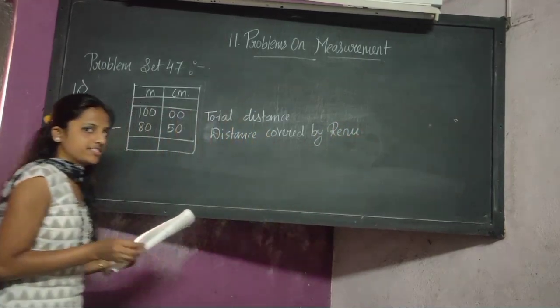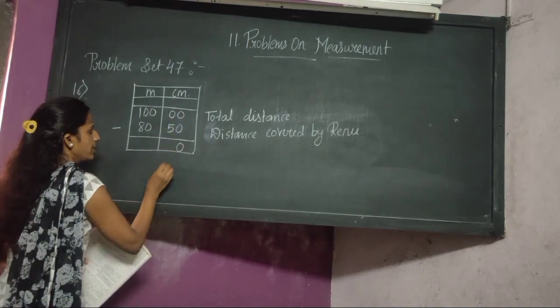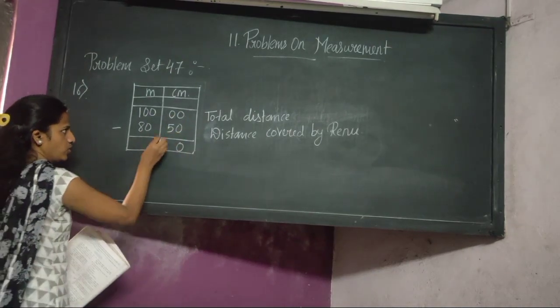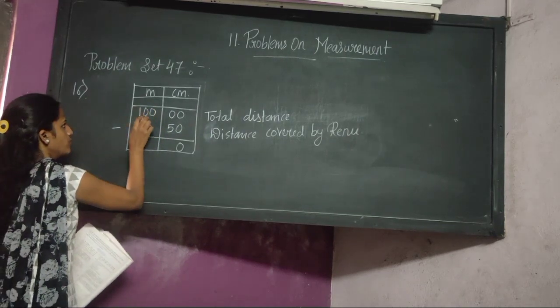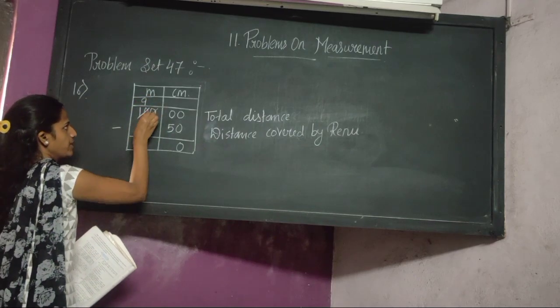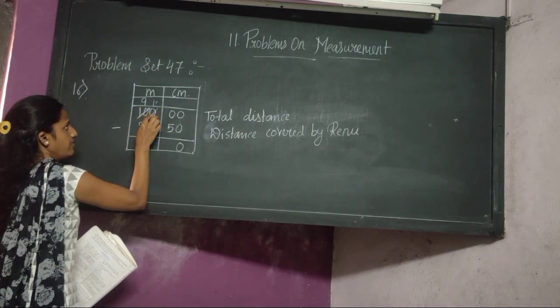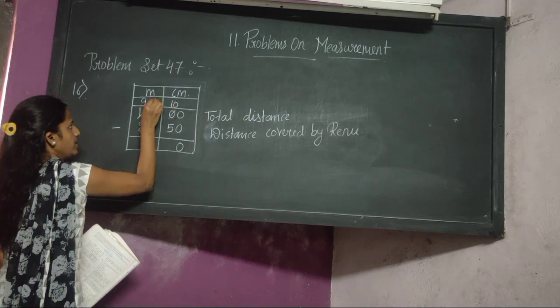Now how much distance is left? That we will find out by subtraction. 0 minus 0, 0. 0 minus 5, not possible. We have to borrow from here, but we cannot borrow from 0. First of all, we will borrow from this 10. Your 9 will be left and this will become 10. Again we will borrow from this 10 and here it will become 10 and here it will be 9.